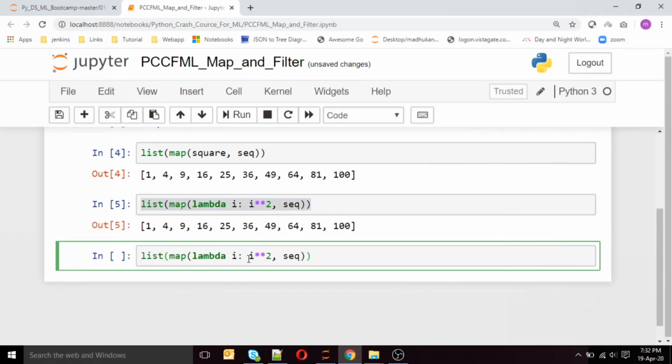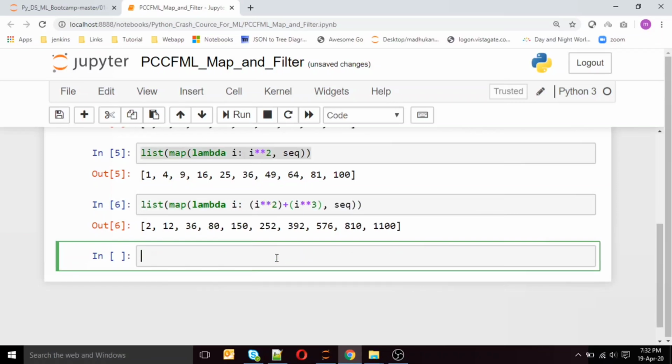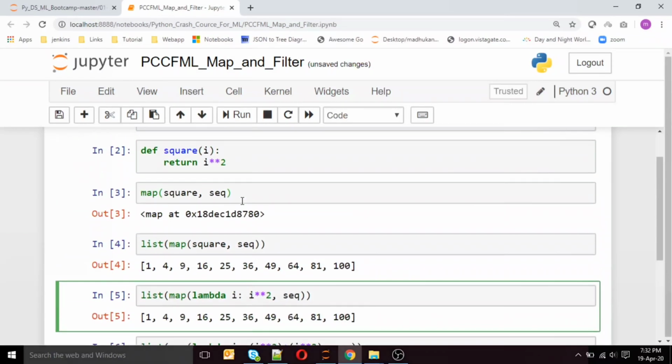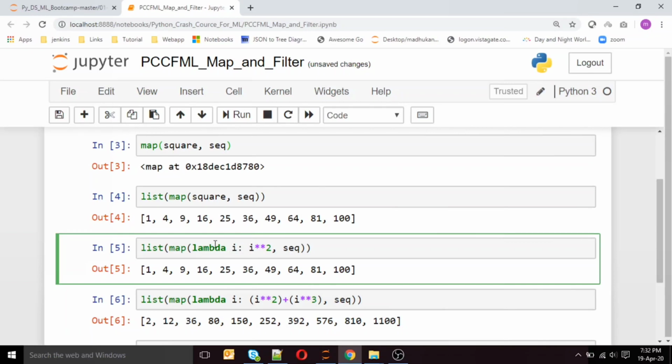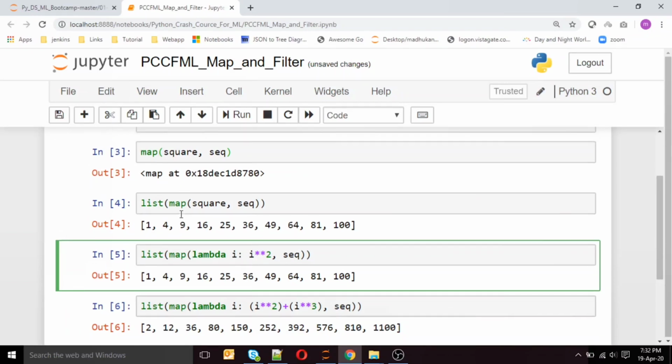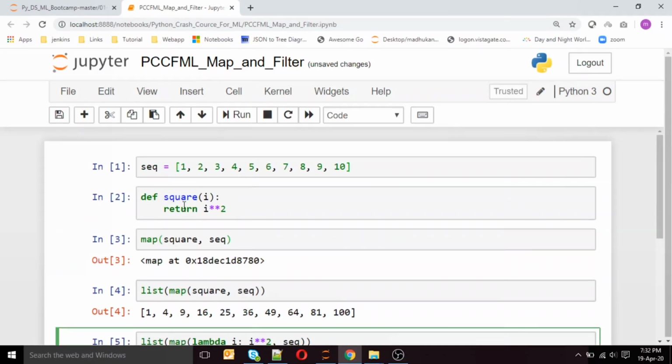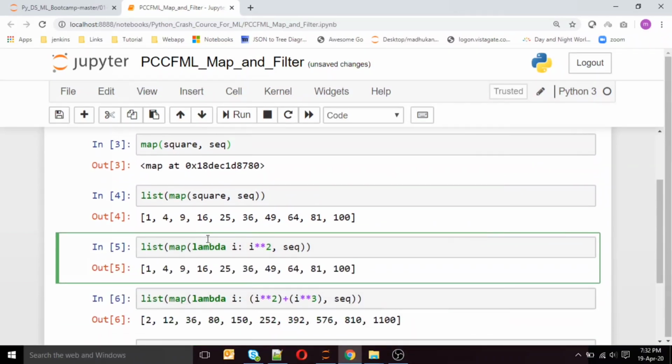If I want to do other operations, like do i square and then add it with the cube of that value as well, I can do that. The output is this one. So here comes the power of the lambda expression which we learned earlier: you don't need to create the function earlier and use it again and again.